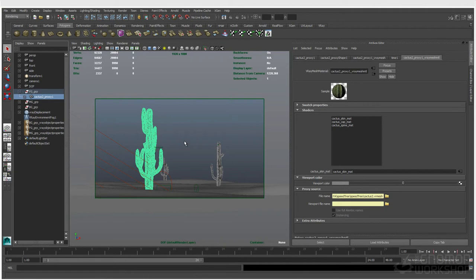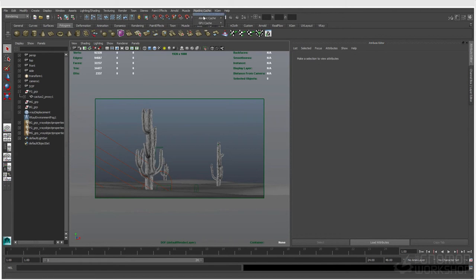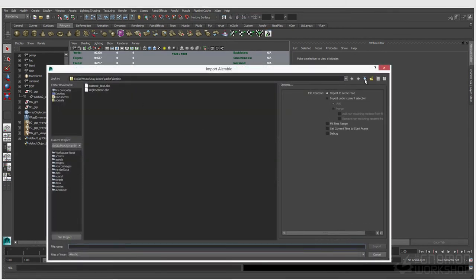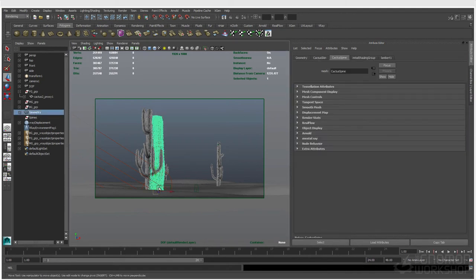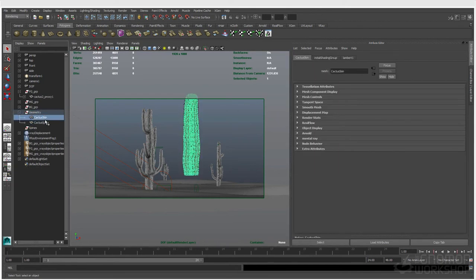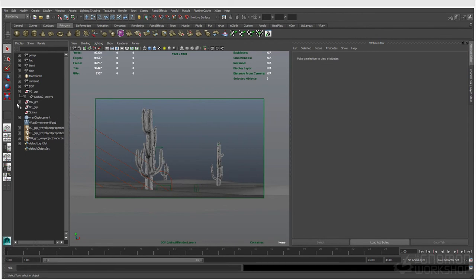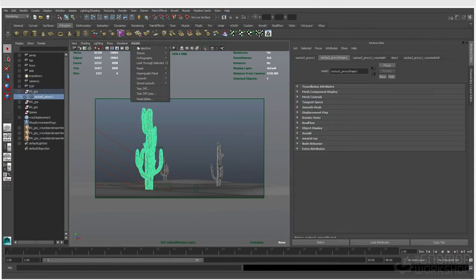And the way these were created was I imported an Alembic of some cacti. So let me grab these real quick. So you can see we can just grab any of them here. So here's our cactus. And here's our geometry, which comes in pretty small. We can scale it up. With this Alembic, I actually chose to go ahead and just assign my materials to it first. But I brought that in, exported the V-Ray proxy, and you can see now, even with this desert scene here,